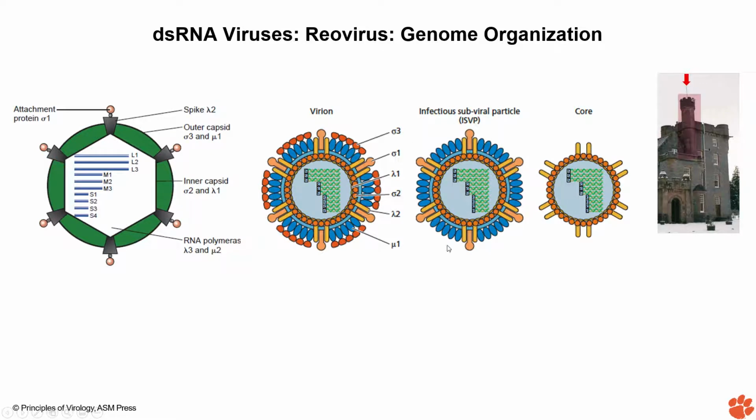When it becomes ISVP in the endosome, you see that the sigma 3 protein goes off. And then you still have this blue protein, which is mu 1. Once it penetrates into the cell, that mu 1 also goes off, and it also takes off sigma 1, which is the cap. As soon as this cap from the turret protein is gone, it activates the RNA polymerase inside, and it pumps out the mRNA from the double-stranded RNA into the cell. So that's basically the mechanism